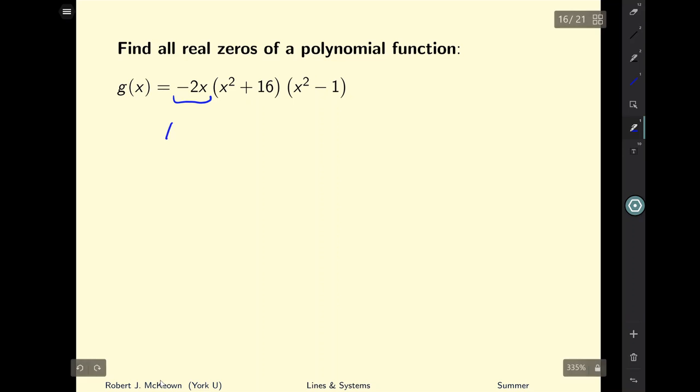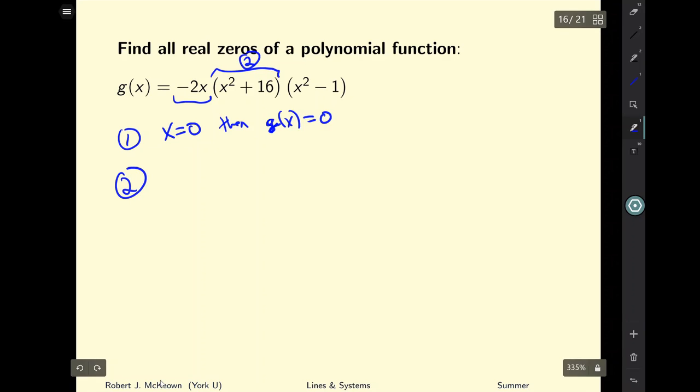So here, with this one, if x is equal to 0, then g of x will be equal to 0 no matter what the other values are. So that was one. What about